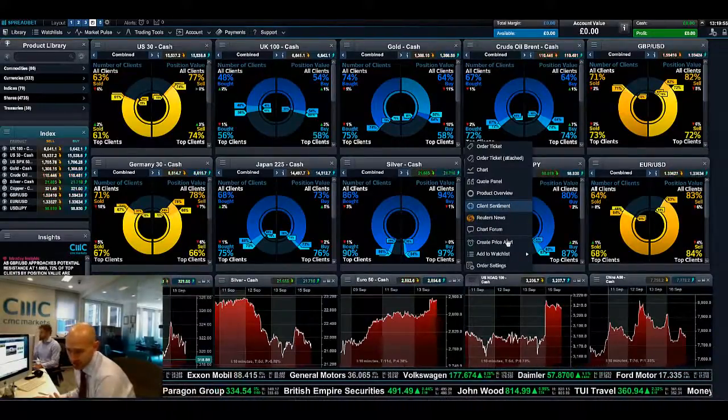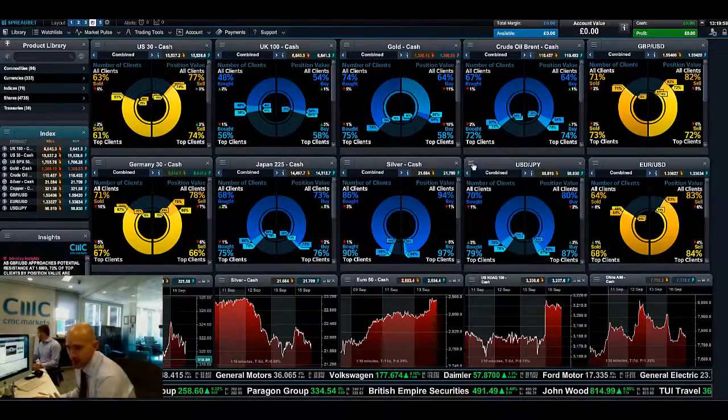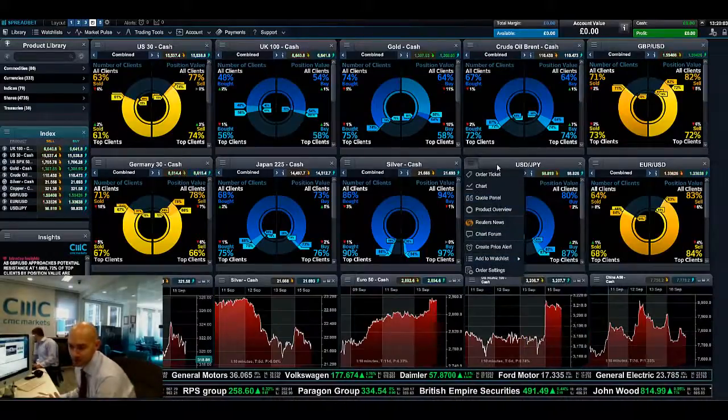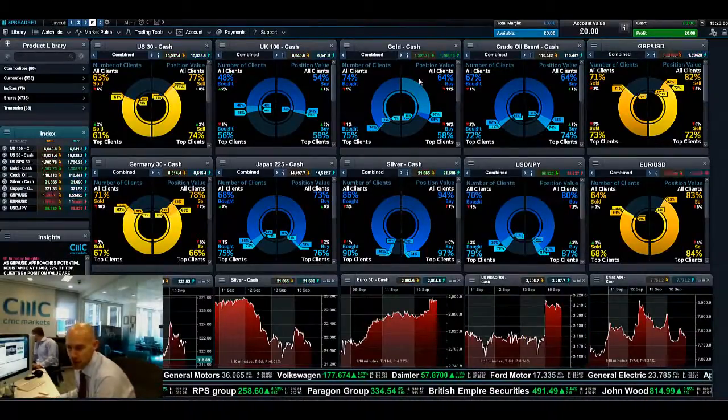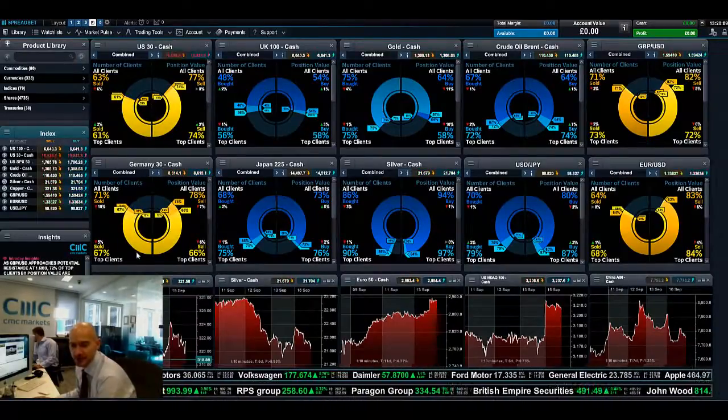And it's always product specific. And remember that you can launch order tickets directly from here. You can look at new charts, open quote panels, you get everything that you need from the drop down menu. But the client sentiment feature really does give you a nice overview as to what the rest of the CMC Markets clients are doing,